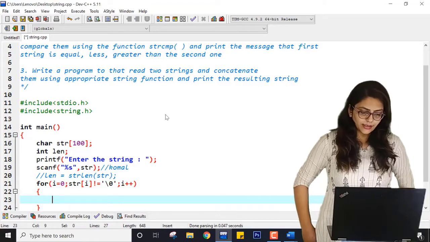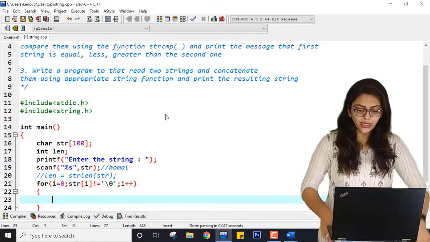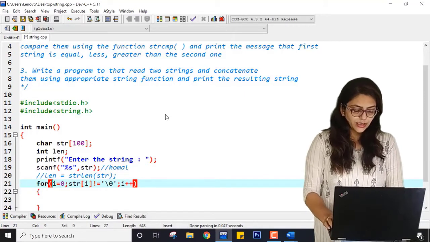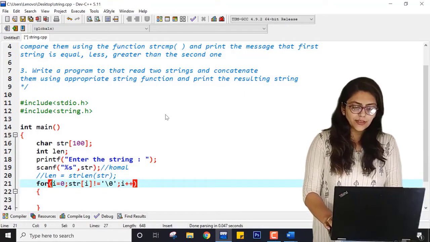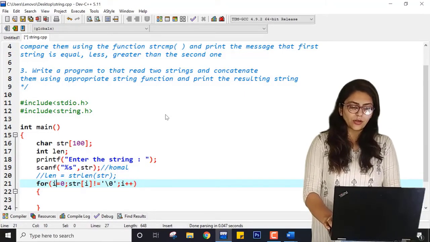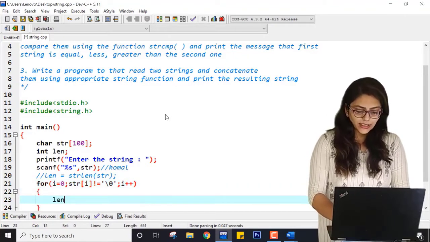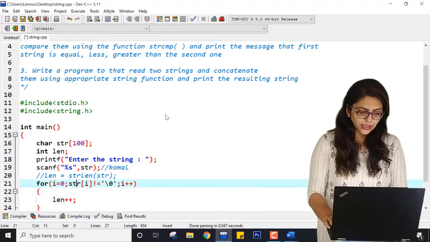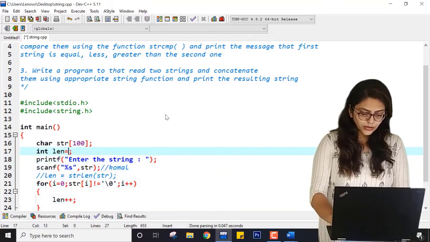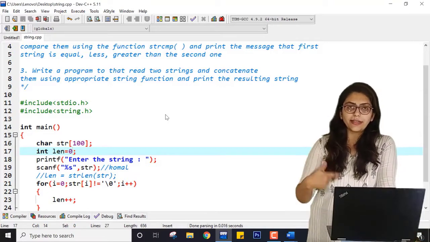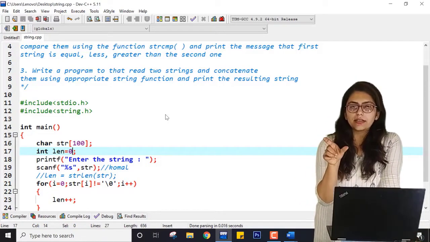I hope you guys are understanding what I am doing. Even if you don't want this, you can eliminate it. So I am starting i with 0, up to str of i is not equal to null, doing i plus plus. Inside this, I can either write length plus plus, which is initially 0, incrementing length by 1 every time the character is not null.